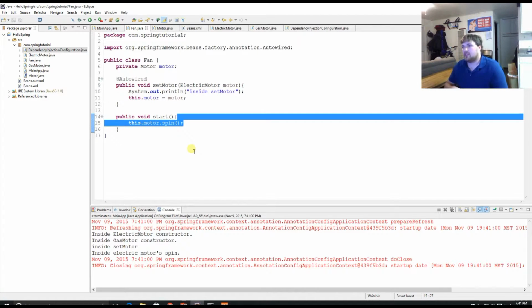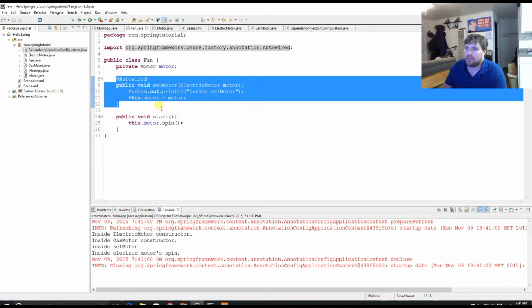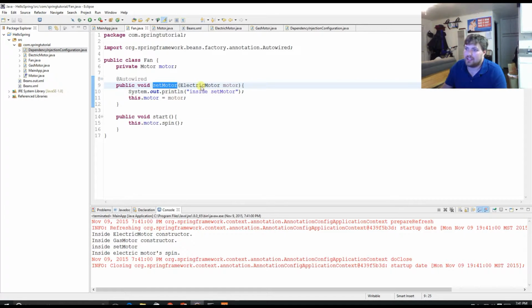So a lot of what this configuration outside of using the XML is going to entail is a lot of these annotations. In this case, we have AutoWired set up. AutoWired is an annotation from Spring that tells Spring's container to automatically wire up this class and provide it what it needs, or what it's asking for in this set method. So it has a motor field and we have a set motor method, and we are asking for an electric